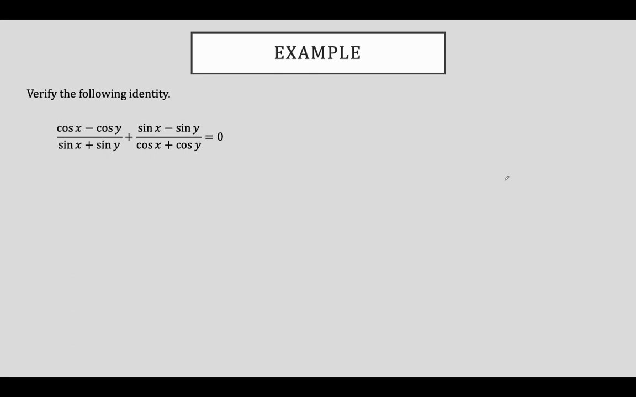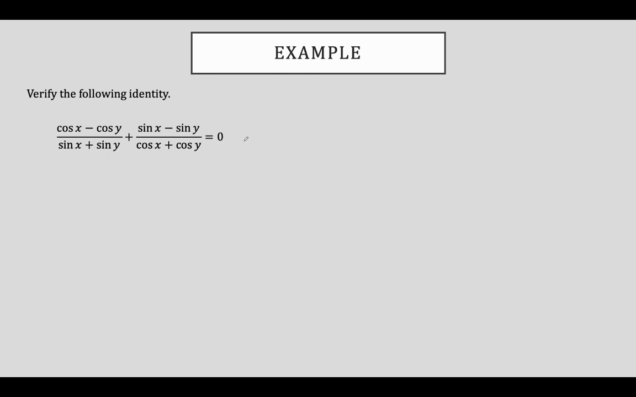Well, what is the problem telling us to do? It is telling us to add these two fractions. And if we're going to add two fractions, we've got to get a common denominator. Our least common denominator is going to be cosine x plus cosine y times sine x plus sine y. In other words, to get a common denominator, we're going to multiply the top and bottom of each fraction by